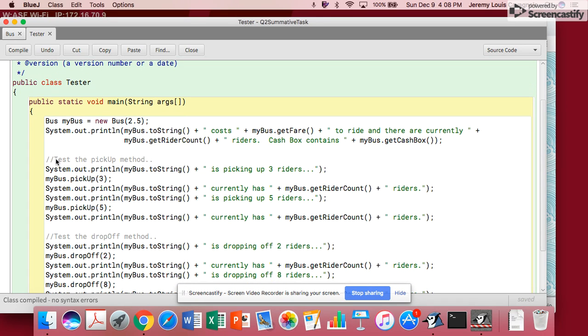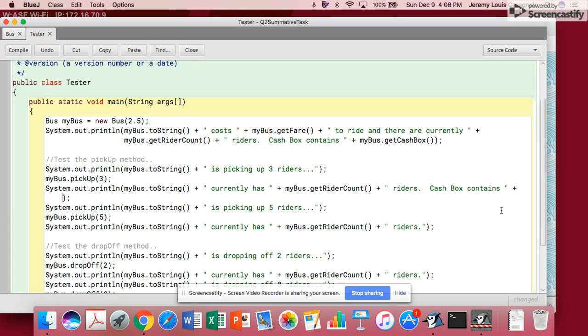So let's go on to the next line. We're picking up 3 riders, and we actually did that here with this line of code. And now we're going to print out my bus currently has this many riders, and I'll add cash box contains. I can just go to the next line with this. What does the cash box contain? It should contain